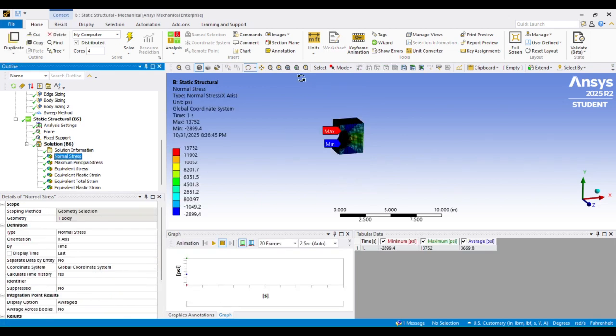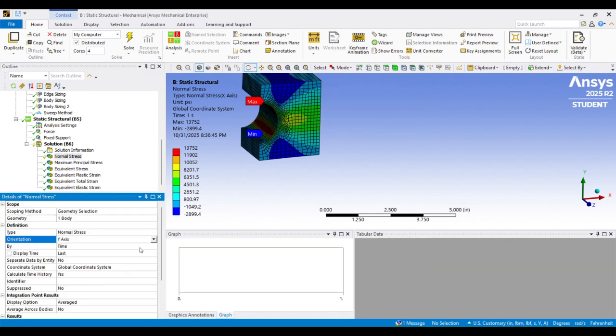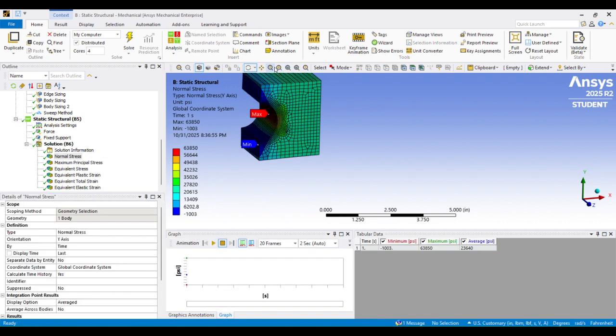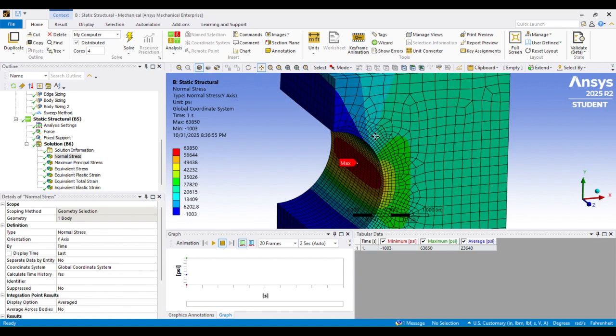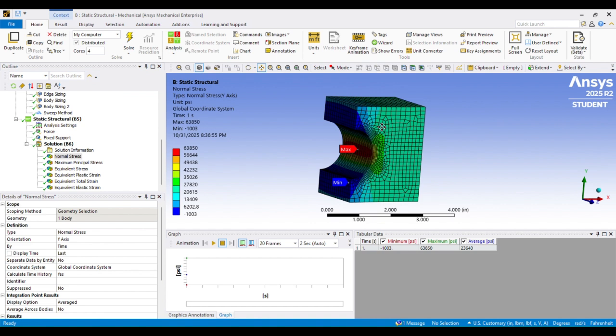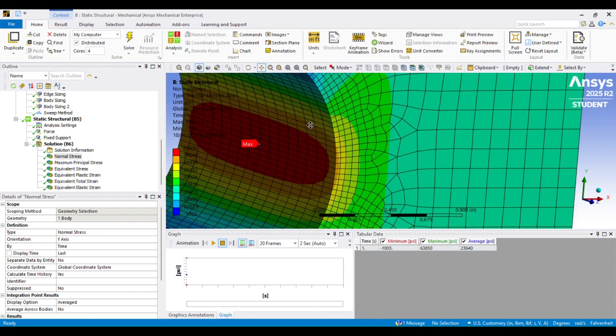Let's look at our normal stress. And I have to change that to the Y direction. All right. So if you watch the previous notch bar video, we calculated that this stress concentration factor was about 3. And so for an applied normal stress of 20 KSI, we're getting what we would predict with our